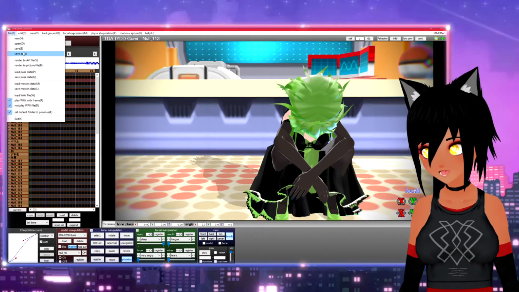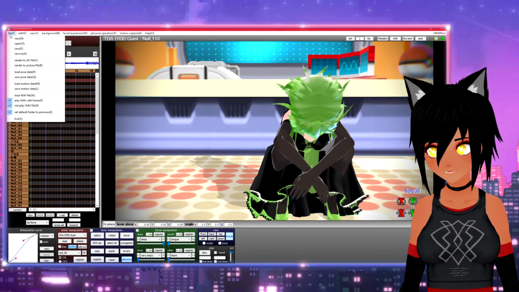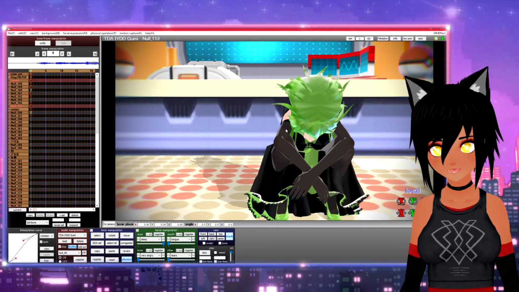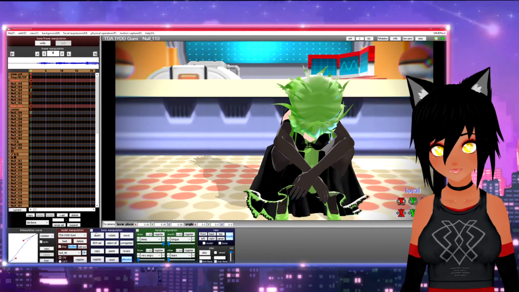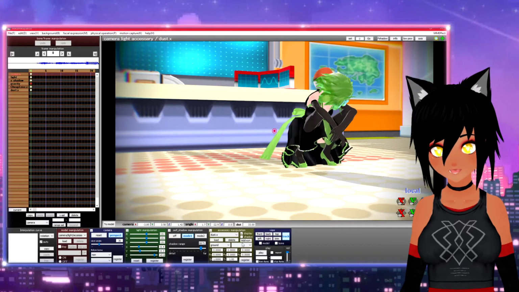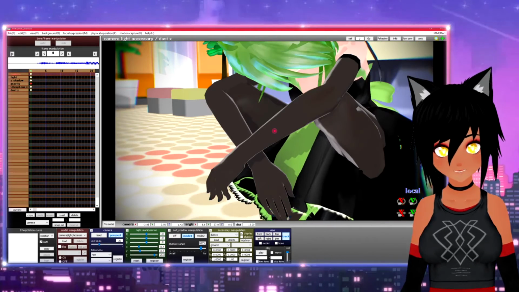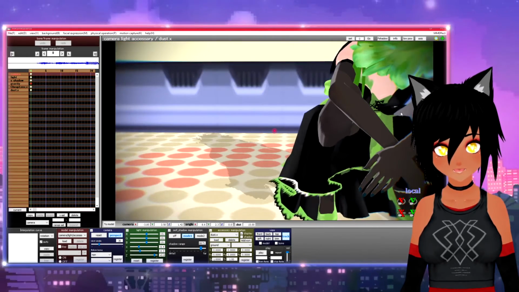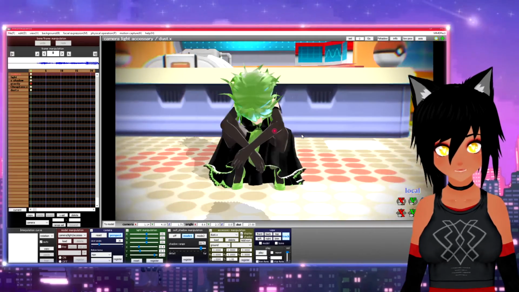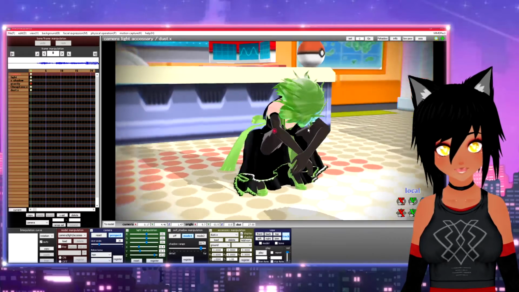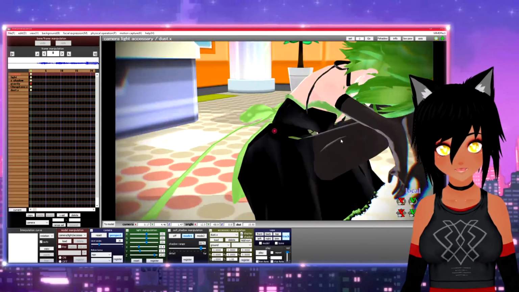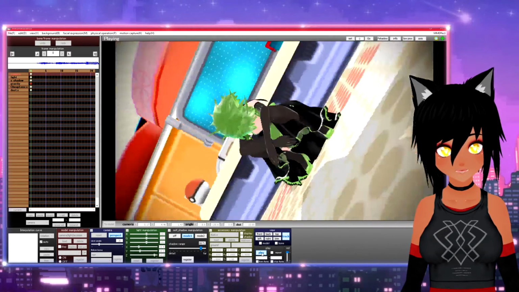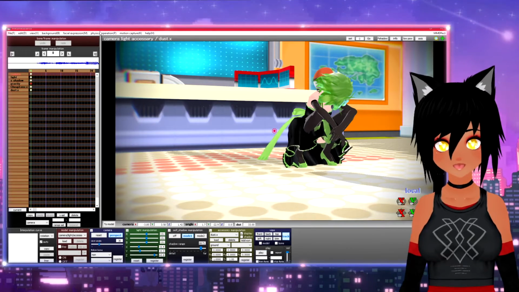Now, if you come to File and click Save, that saves it as an MMD project. When you do that, it'll save all of your settings, all of these sliders, all the camera, lighting and accessory stuff, basically everything in this project. It saves it as a whole project, and you can open it back up at any time and it'll have all this stuff, and you can resume creating. But it won't be a video file, so you won't be able to watch it as a video, but you can click play at any time and watch it and see if it's what you like.